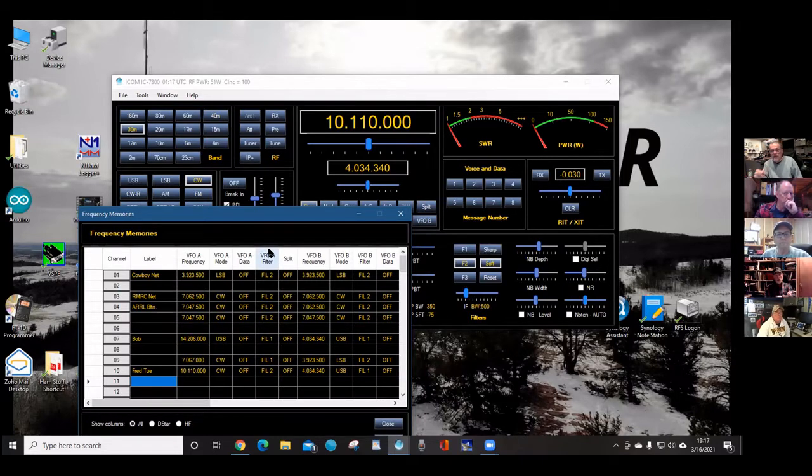Now, if I'm not mistaken, that's of course one of the benefits of RT software. You can program those memories, and you can drag them from the 7610 to the 7300 to the 9700. You can drag the memories around. Of course, when you drag a VHF memory from the 9700 to the 7300, it's going to go, I can't use that because it doesn't have that. So those are memories, and